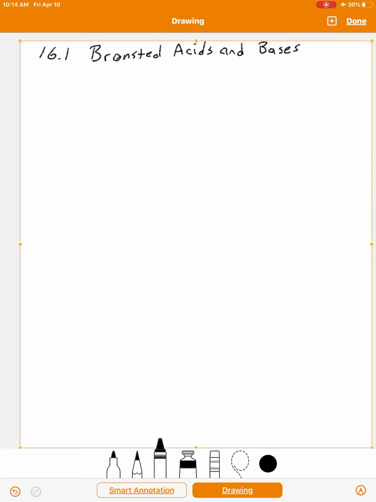Okay, section 16.1, Bronsted acids and bases. This topic is covered a little bit in chapter 4, but not in detail, and we're going to use this theory of acid-base chemistry quite a bit in this chapter and in the next, in these two chapters, 16 and 17. Okay, so what we're going to do here is begin by thinking about an acid-base reaction,